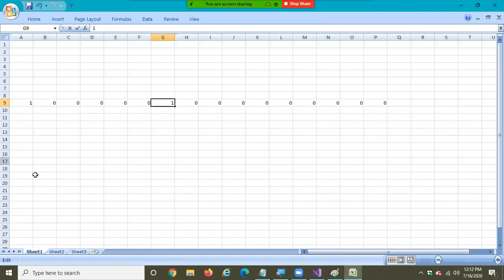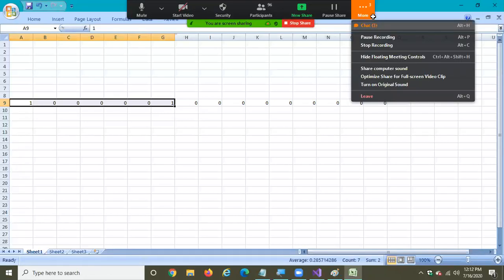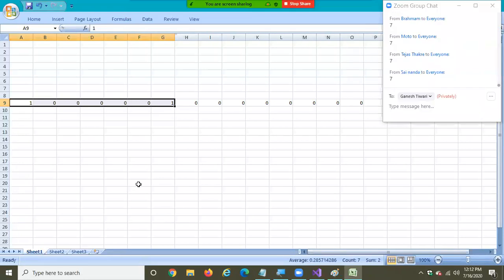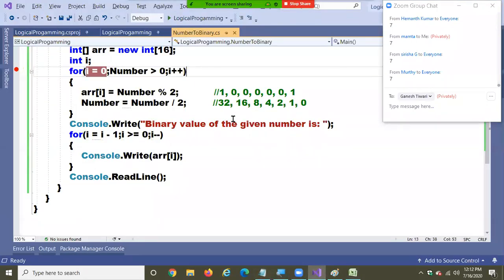Now tell me, I have 16 cells but consumed only 7. So I should print that 7 only, not 16. If I print 16, all zeros will come up. And that 7 is what I maintained through i.